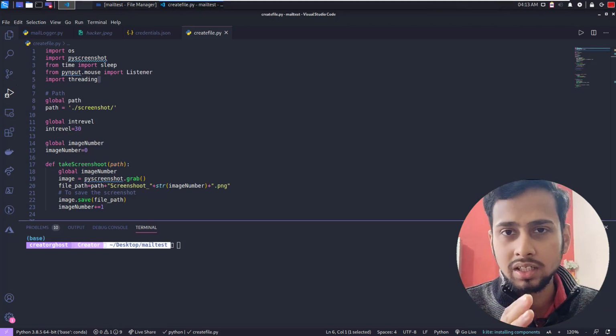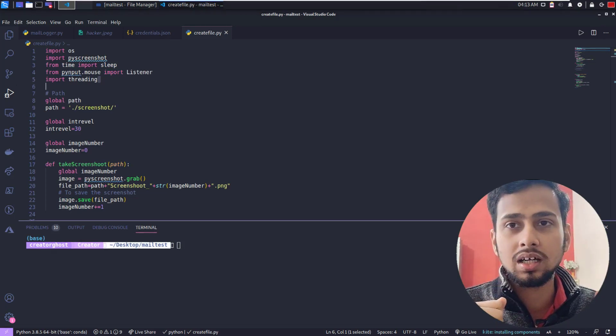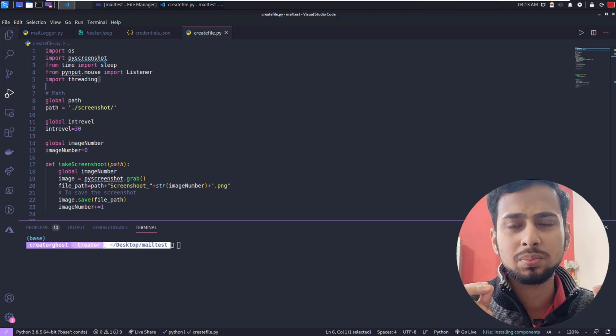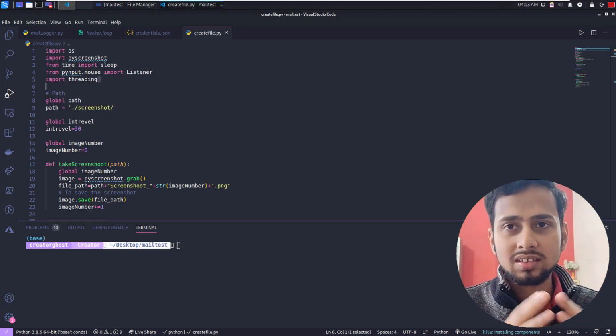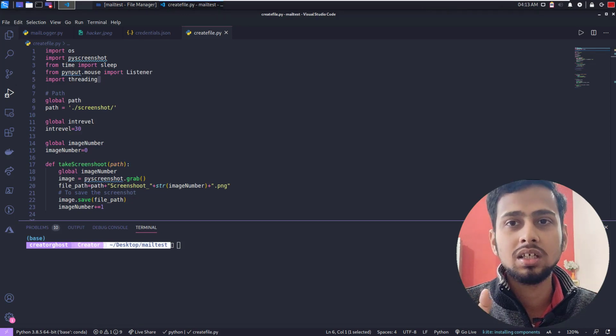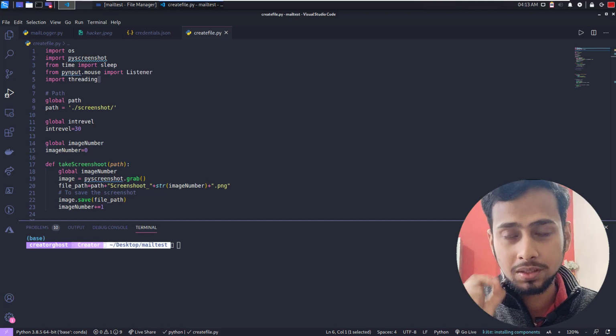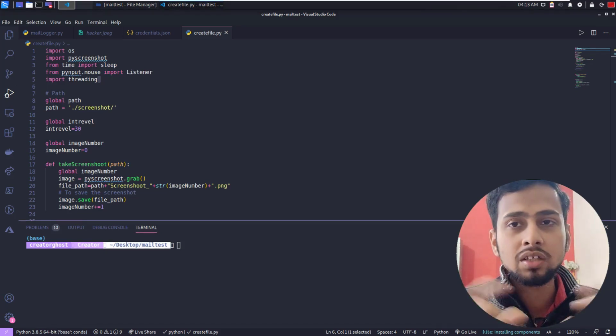So what threading is going to do: let's be very specific and keep it small to understand. You have one function known as add and one function known as subtract. You want to run both of them at the same time, in the same split second. Then we can use threading.